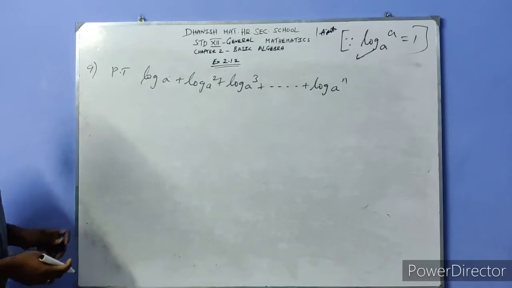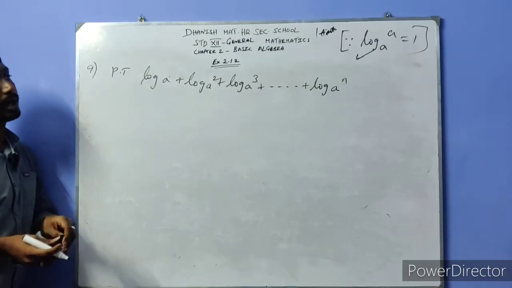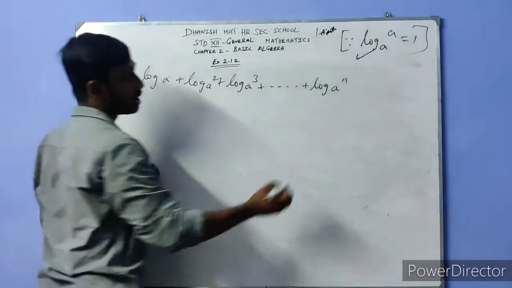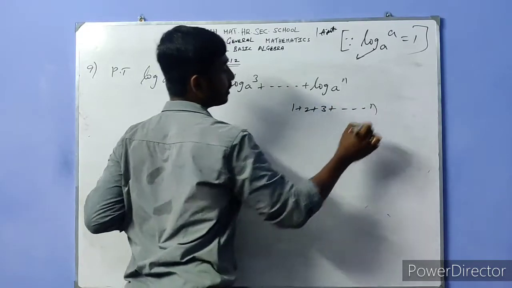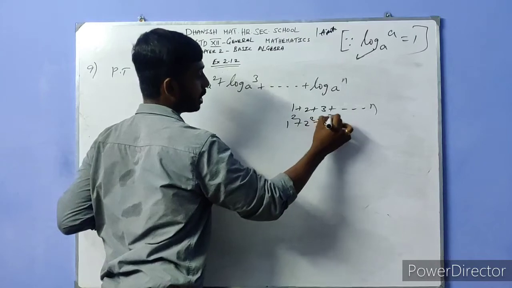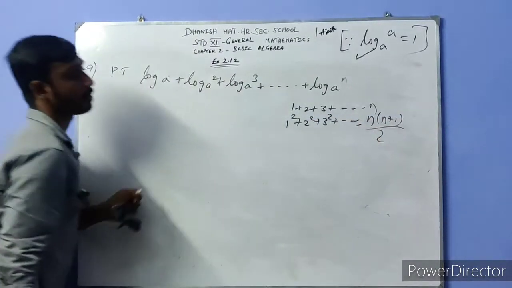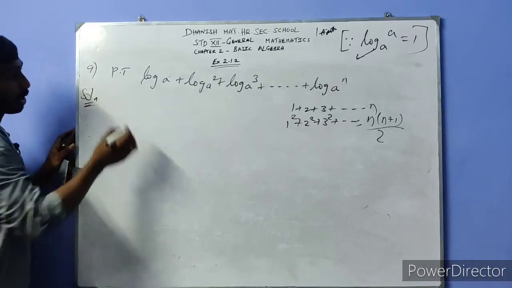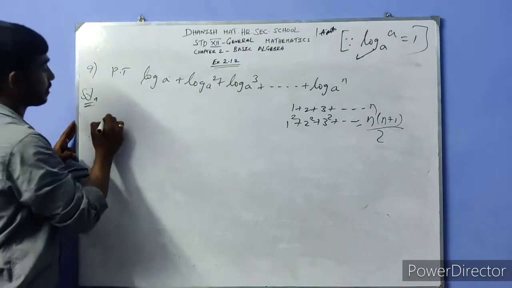It looks like an infinite series, like 1 square plus 2 square plus 3 square up to n. So now here the powers 1 plus 2 plus 3 up to n, now you use this condition. In 10th standard you studied this one. 1 plus 2 plus 3 up to n will be n into n plus 1 divided by 2. This formula we are going to apply in this sum. So what is the question given? And now I am taking log commonly from this equation. What is the remaining value? Say log.